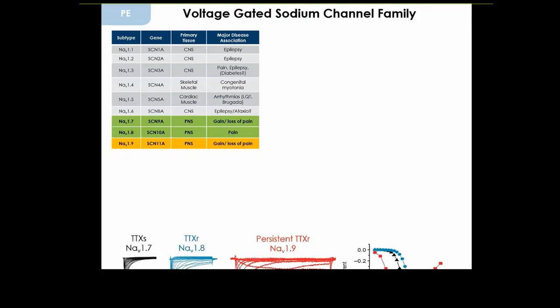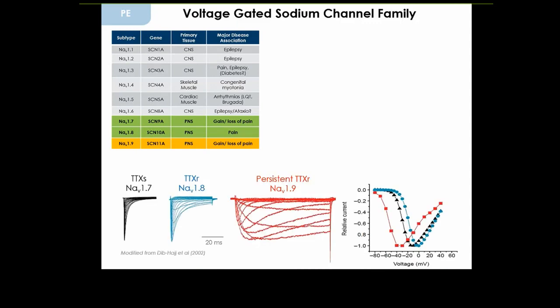So besides the sequence homology, sodium channels can also be characterized by their sensitivity to toxins. And you can see here current traces from the 3 different sodium channels I talk about today. So it's the 1.7 channel, which is TTX sensitive, whereas NaV 1.8 and NaV 1.9 are basically TTX resistant. And besides this